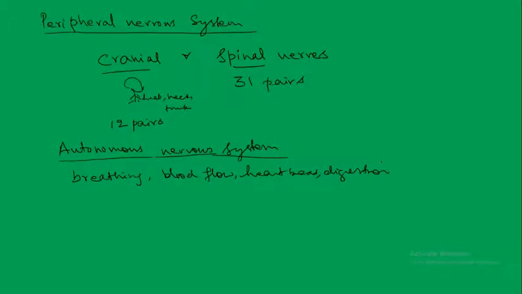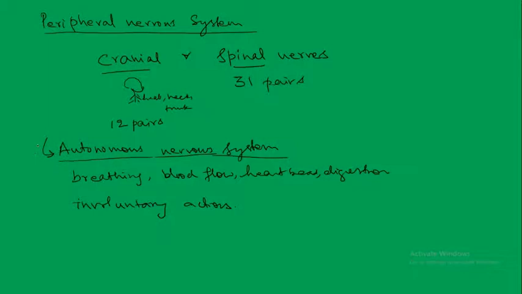So the autonomic nervous system is part of the peripheral nervous system. As the autonomous nervous system performs actions that are not under the control of our will, they are involuntary actions. What are they? Involuntary actions. So it is important to note that this autonomous nervous system is nothing but a part of the peripheral nervous system itself.